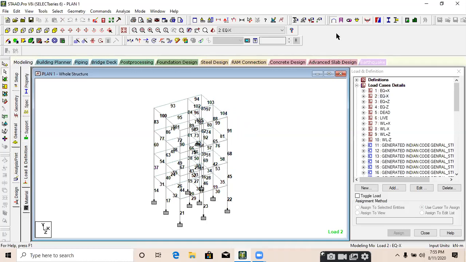In StaadPro there is also RCC design, sir. I'll find out and tell you in the next class. Just mail me, okay. Yes, sir. Thank you, sir.